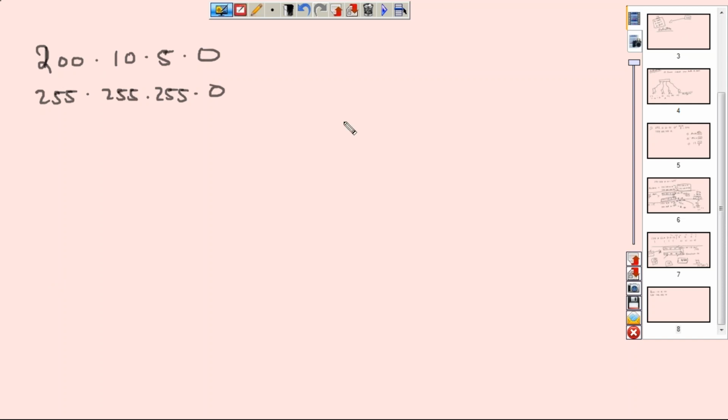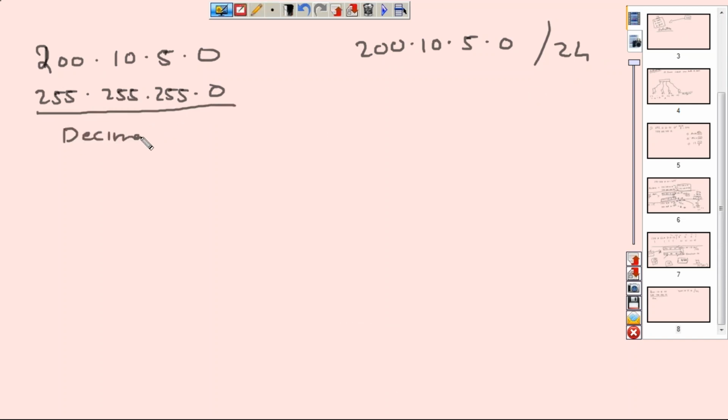24. Now, if I go ahead and write 200.10.5.0/24, does that make any sense to you? It's you using 24 bits on that particular subnet. This does make sense to the lazy people among us, primarily me. You know why? Because I don't have to write 255.255.255.0. All I have to do is write /24. Now, this is the decimal subnet mask, and this is another way of writing it, called the CIDR notation.